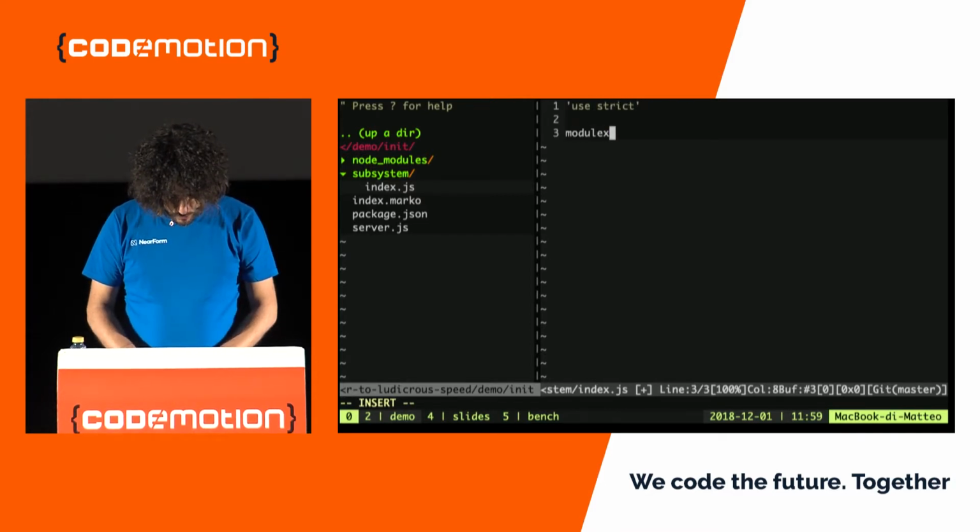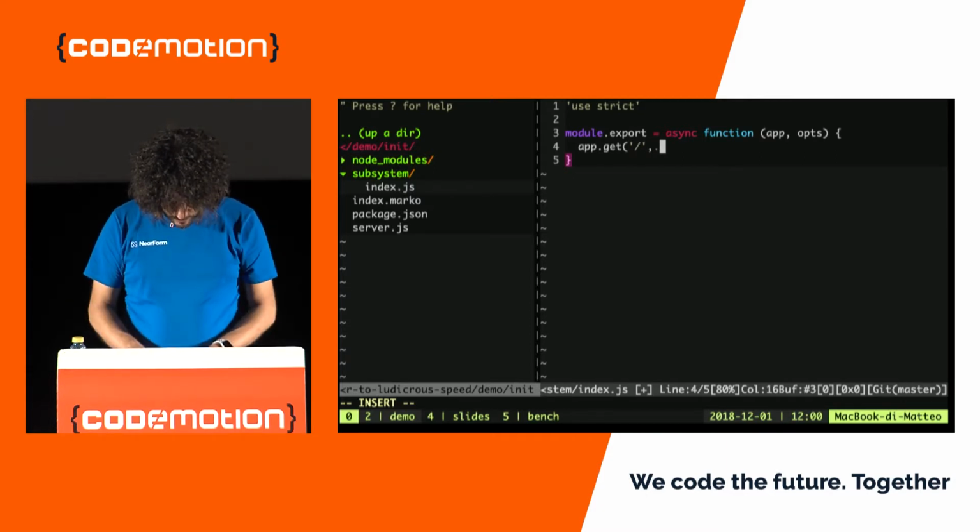Every Fastify plugin has this signature: you take the application and the options, and then you can specify, for example, our root here, and we can keep using async functions, and we can return, for example,